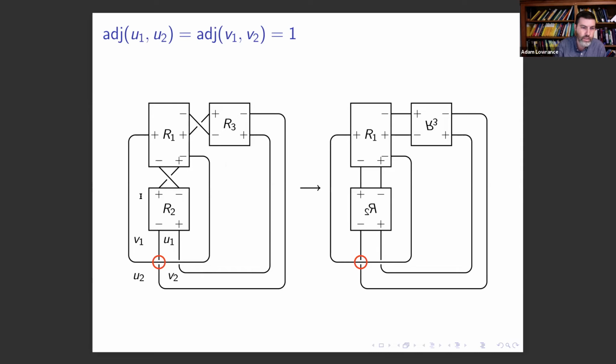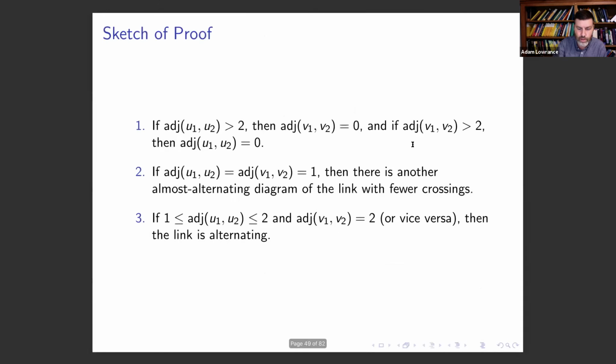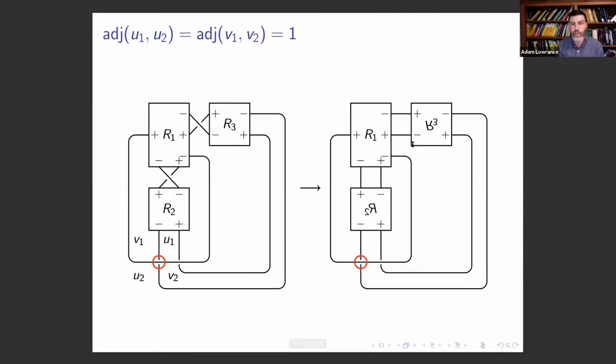And you can also see V1 and V2 are adjacent, this crossing through V1, this crossing through V2. And the R1, R2, R3 are just alternating tangles, possibly empty. And what happens is that you can twist the R2 this way, twist the R3 that way, and you end up with pushing the 2 crossings that we marked earlier into a band, but they're opposite in direction, and so